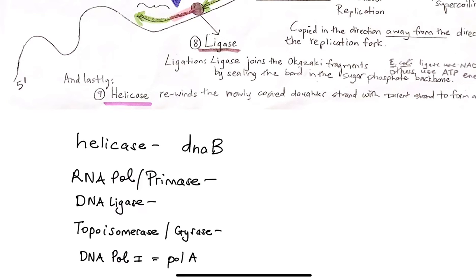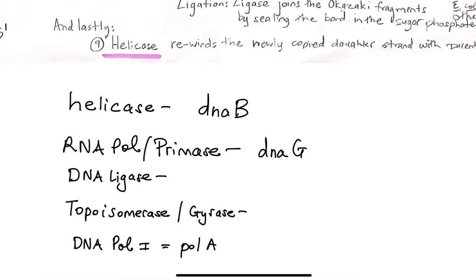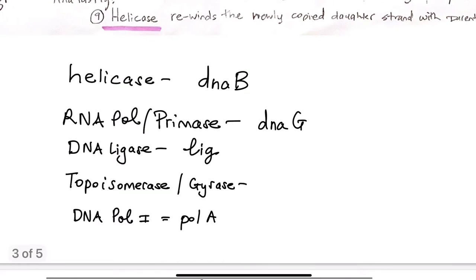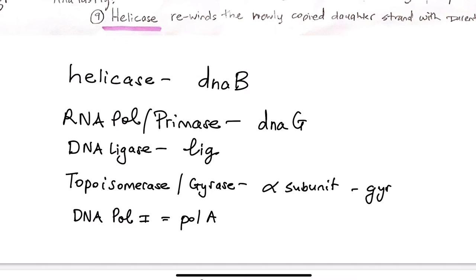Our primase, or RNA polymerase, is coded by DNA G. Our DNA ligase is coded by the LIG gene. Topoisomerase or gyrase is coded for by an alpha subunit, first of all, of the gene GYR-A,